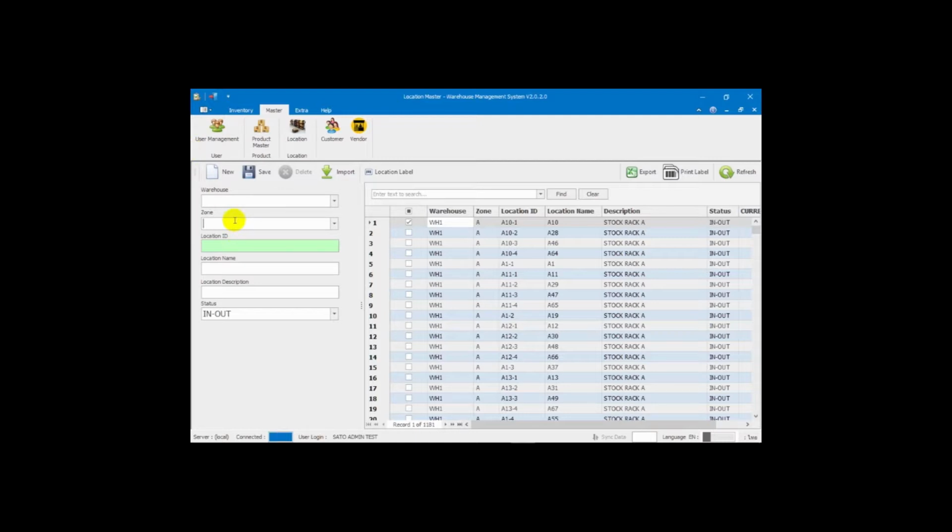So you can have a front, rear zone, inside, freezing. And the next one is about location ID, which is required to be unique information in the system, so there will not be any duplicate data on the system. For the location ID,